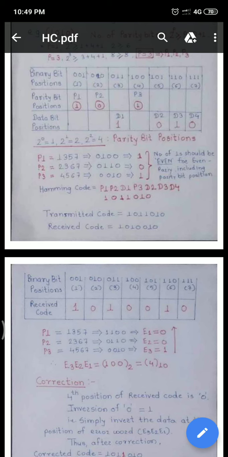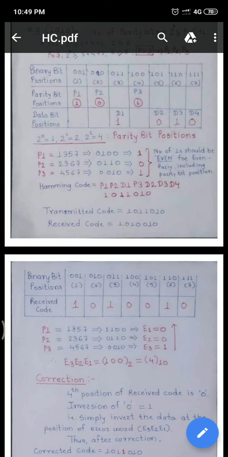So P3 becomes 1. And the total Hamming code can be written as P1, P2, D1, P3, D2, D3, D4 sequentially as in the table. So the 7-bit Hamming code becomes 1011010. This code is transmitted as it is. For example, the transmitted code is 1011010.